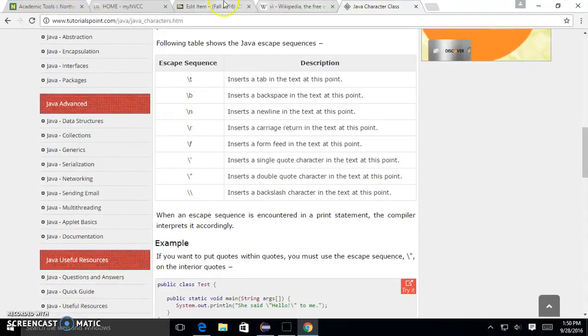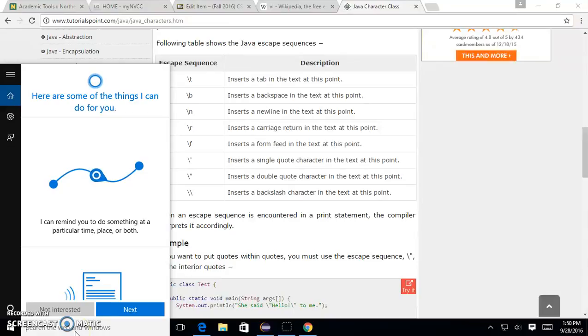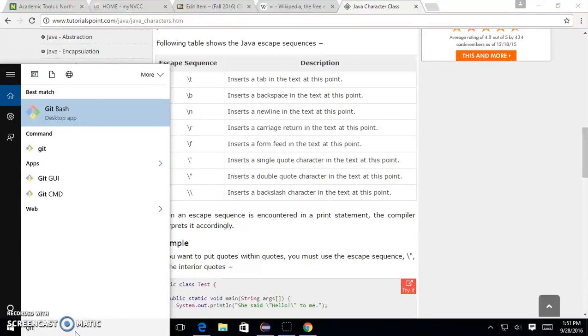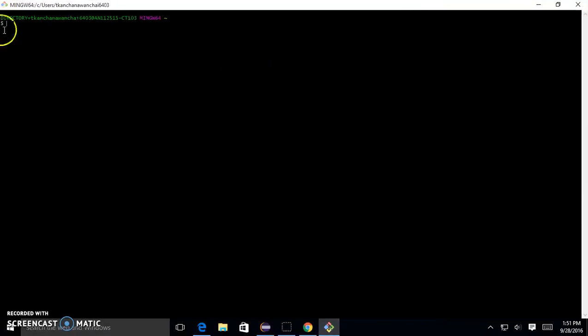Alright, so now how to write code on VI. VI is very much a text editor on Unix. Since we're in Windows, I have Git Bash. So we're going to use Git Bash to run VI. Git Bash has the console look like Unix and take the Unix commands. And we're going to learn some basic Unix